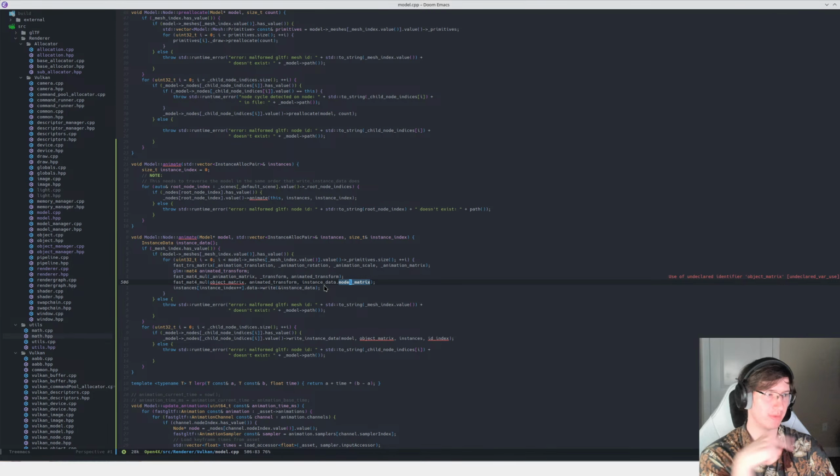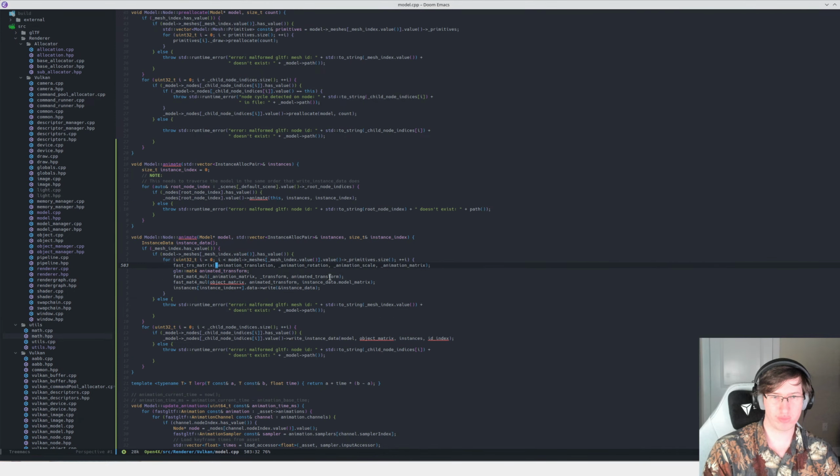So, object matrix, animate transform. Yeah, so let me just pull the model matrix out from the GPU. So what I want to do, yes, but then I want to write it back. So I want to wait before I do plus plus later. So that'll get me the animation. Yeah, so it'll give me a TRS matrix and store it there. And then I'll store the animated transform here. You know what, I'm just going to get rid of this and do